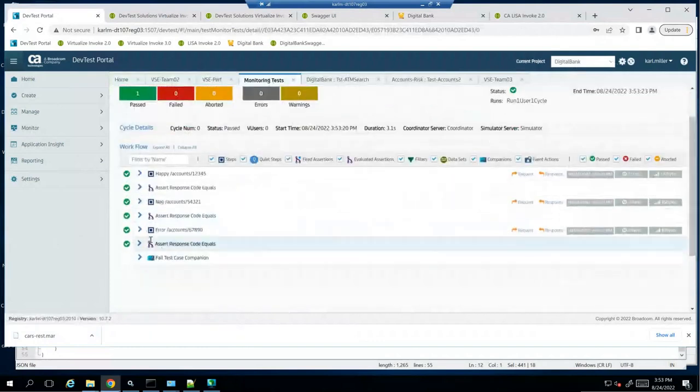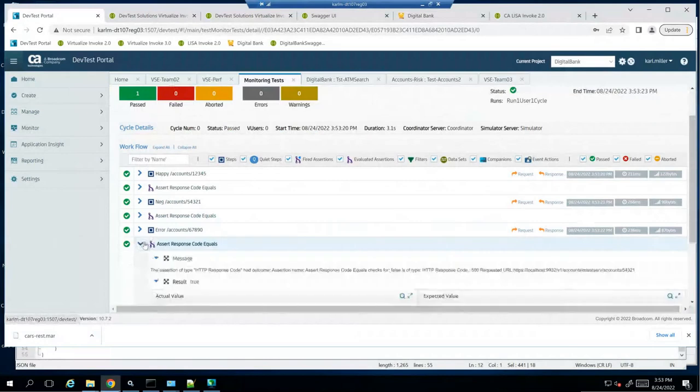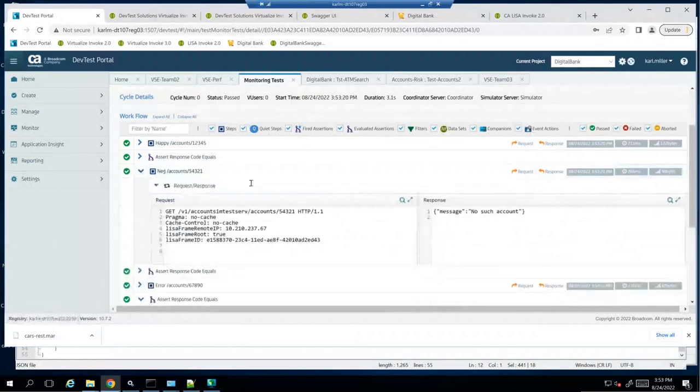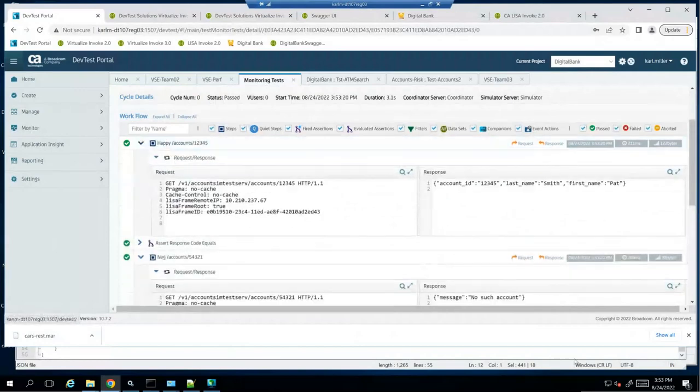We've got all the error codes. We're able to check an error. In this case, it was a 5.1, no such account, and the happy path. So you're able to update a virtual service with the required information to pass the test. So if you've got new tests and you need the virtual service to have data so that your application can pass that test, doing test-driven development